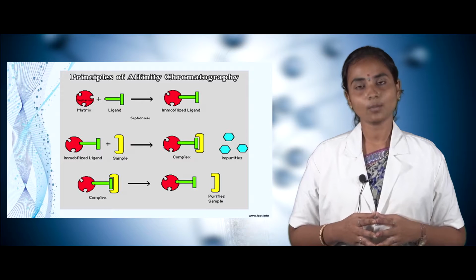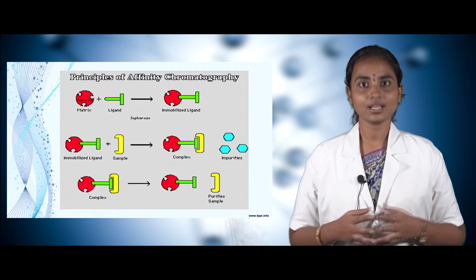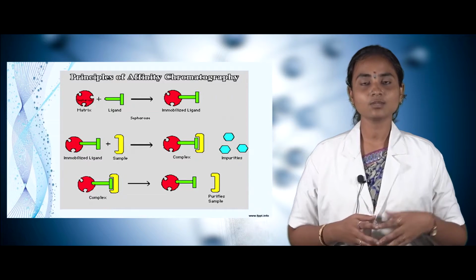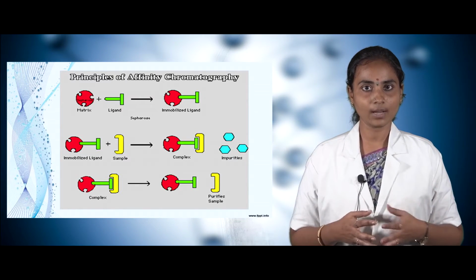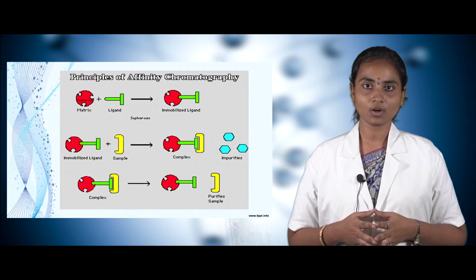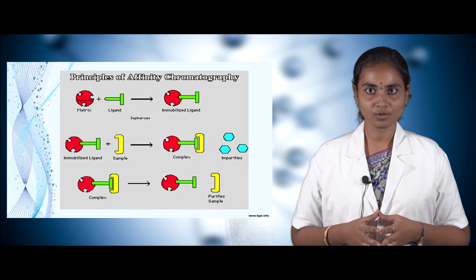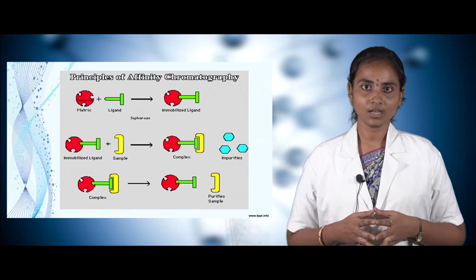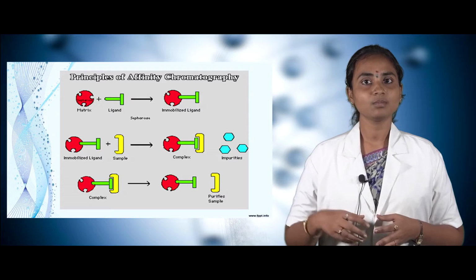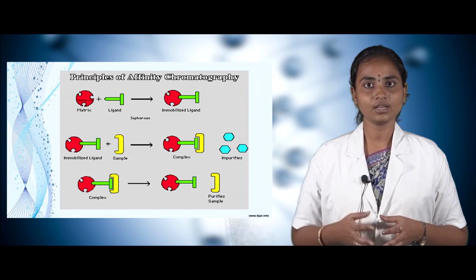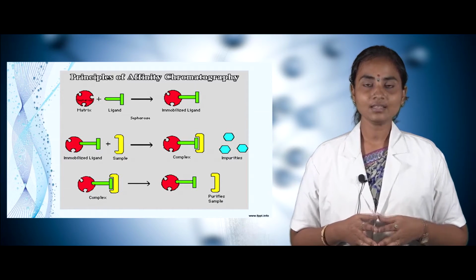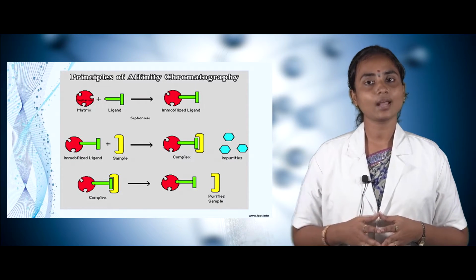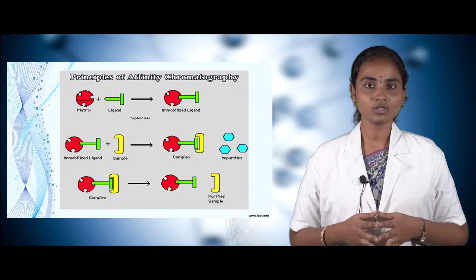After this, whenever we are pouring the sample with the desired isolate of proteins, we have to wait for a certain period of time so that they interact, forming a covalent bond between the immobilized ligand complex and the sample of isolated protein. This protein complex formed with the immobilized ligand will be separated off, whereas before this we have to separate the impurities through washing buffer, and this complex and the isolated protein can be eluted and purified through a second strong solution.